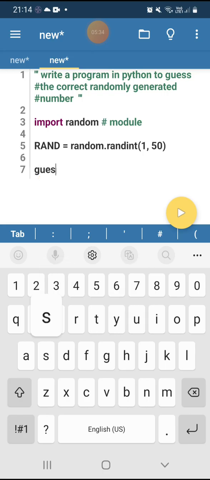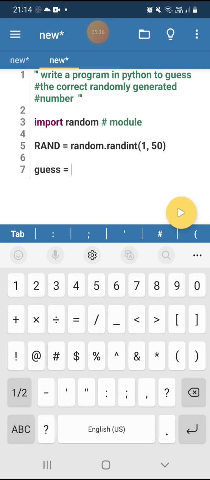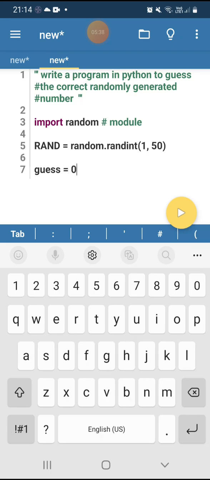Initially, create one variable: guess is equal to 0. Zero means initially I have not guessed anything. Initially my guess is 0. Now